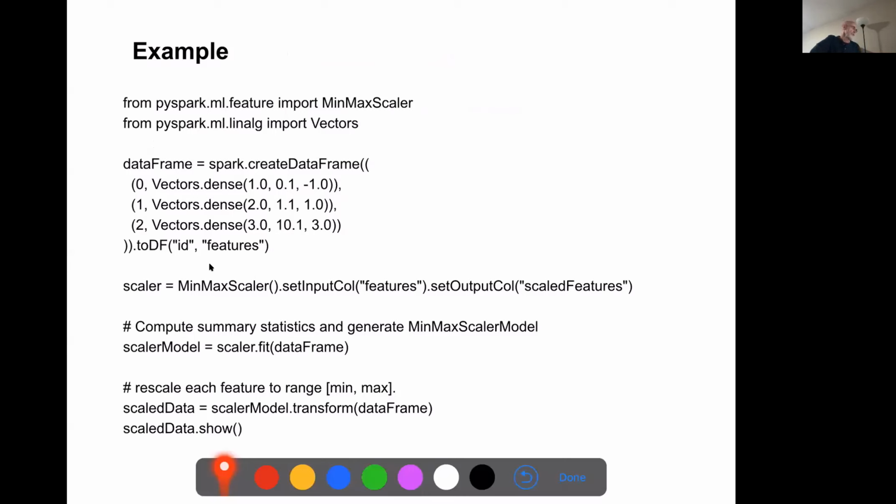So here is an example where I'm again just creating a data frame using those values. The dense refers to a vector, which can be either dense or sparse. The difference is if you've got data which is very sparse, often most values are 0 or non-existent.